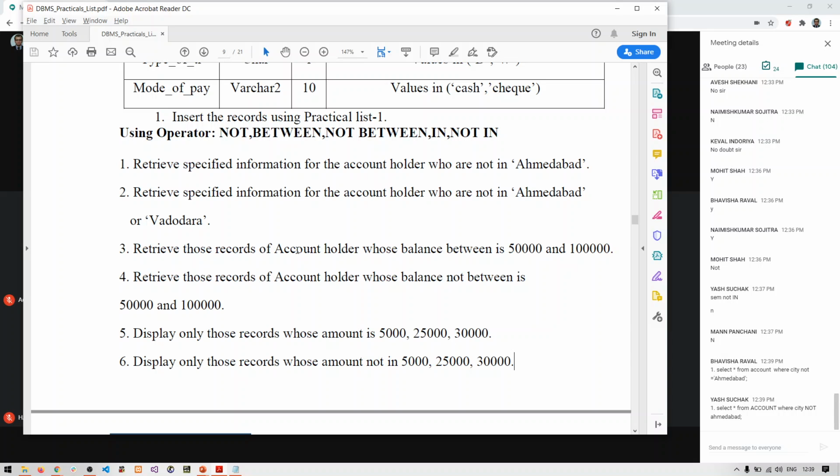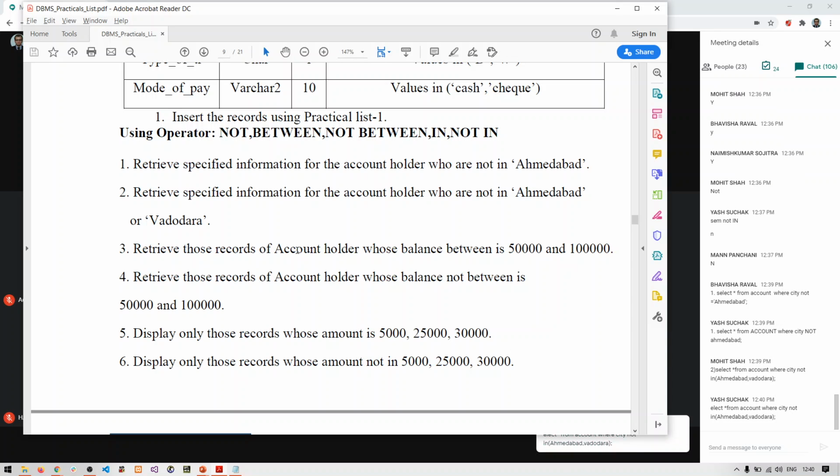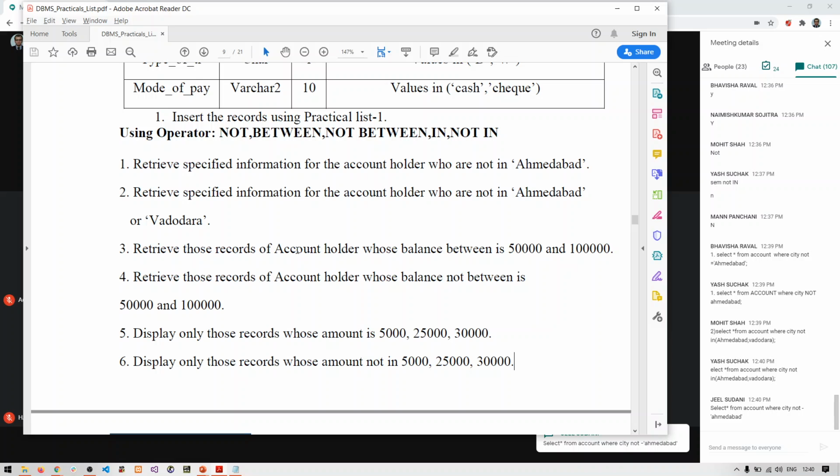You cannot use equal to with not, and whenever you are using not, you have to use either not between or not in only. Yes, the second query is perfectly right. Mohit, select star from account where city not in single quotes Ahmedabad, single quotes Vadodara.